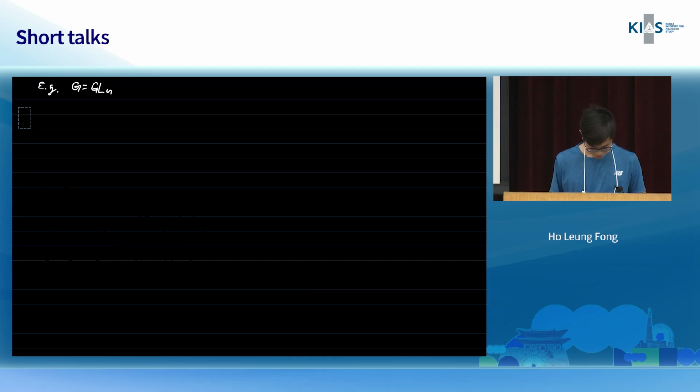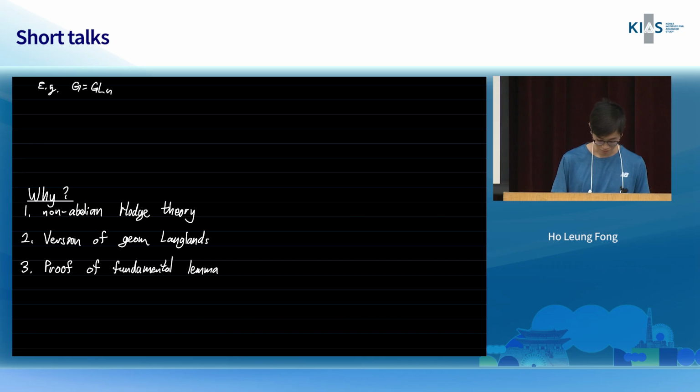So classically, there are some reasons that people care about Higgs bundles. The first reason is to generalize the abelian Hodge theory. So they use Higgs bundles to get something called non-abelian Hodge theory. And the second reason is that using Higgs bundles, you can get a variant of the geometric Langlands correspondence, which very roughly says